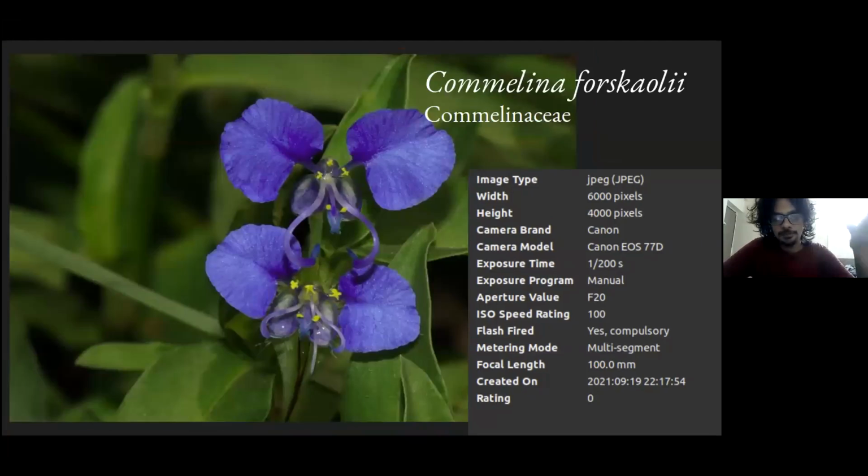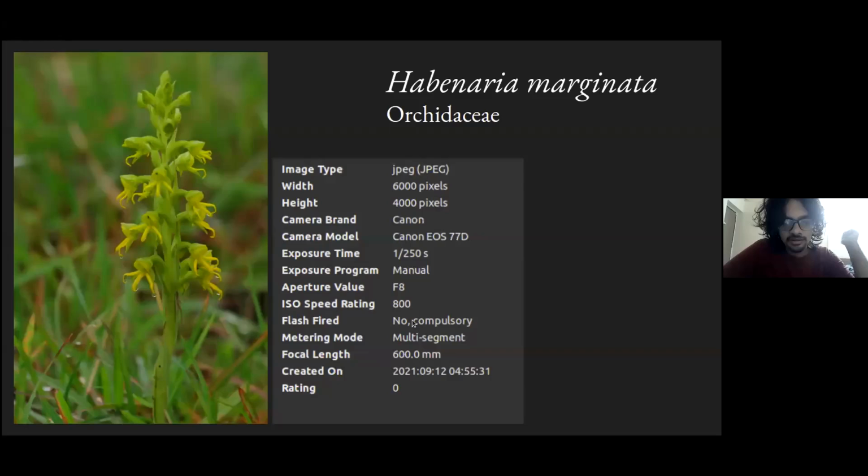Now this is another example of the same thing. Again, this particular image made the cut because all floral parts are accurately and clearly visible. This is a species of ground orchid, and I found it growing on a random roadside somewhere in Satara